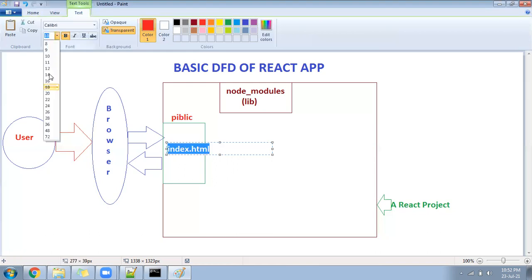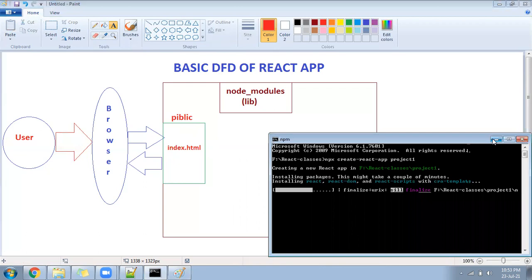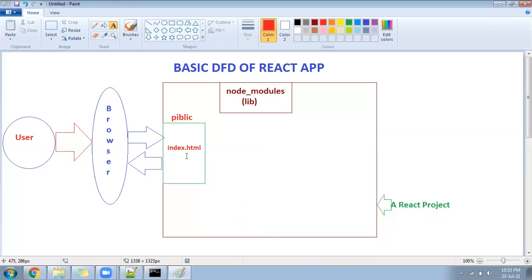And what is this index.html going to do? You can see here a user has opened the website. He opened the browser, and inside the browser he opened a website. That website is developed in React. And then the folder structure you saw: one folder is node modules, a collection of libraries. That download is happening here as of now. And after that, another one you can see is a folder called public. Inside the public folder some more files will be there.